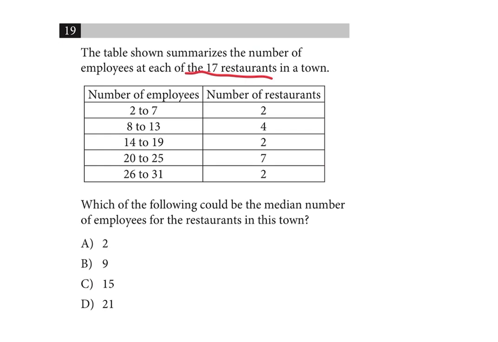So you see how we have this table where there's the number of employees, so number of people who work at the restaurant, and we have the number of restaurants that have these numbers. We see that there are 2 restaurants that have between 2 to 7 employees. There are 4 restaurants that have 8 to 13 employees, and we have 2 restaurants that have 14 to 19 employees, and etc., etc. Which of the following could be the median number of employees for the restaurants in this